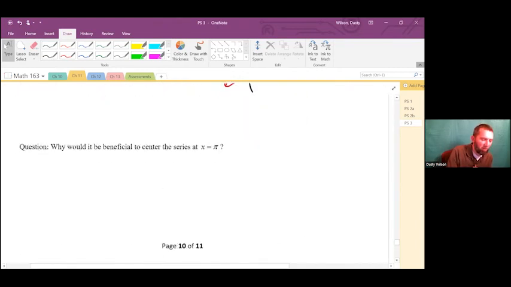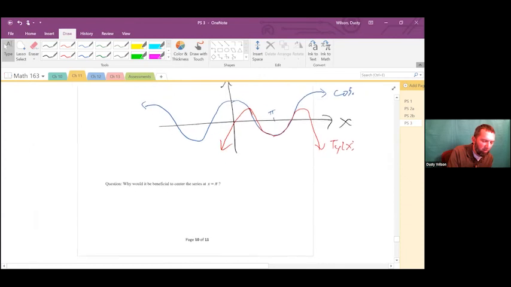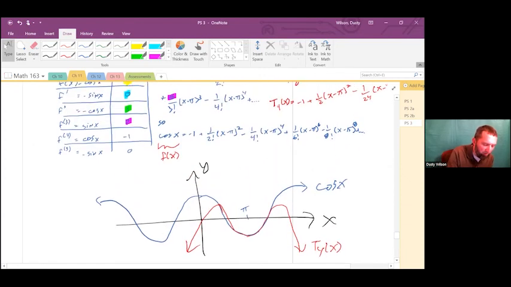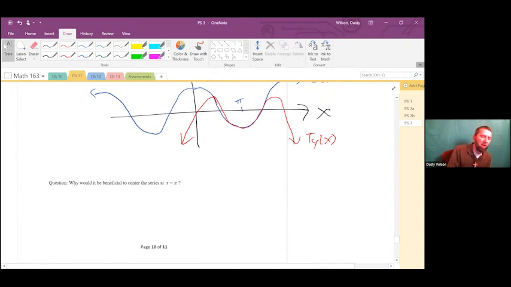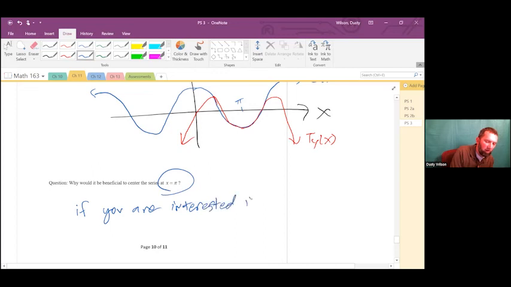So last little question part here is why would it be beneficial to center a series at x equals pi? And the answer is pretty simple. So you would want to center at x equals pi if you are interested in values of cosine x